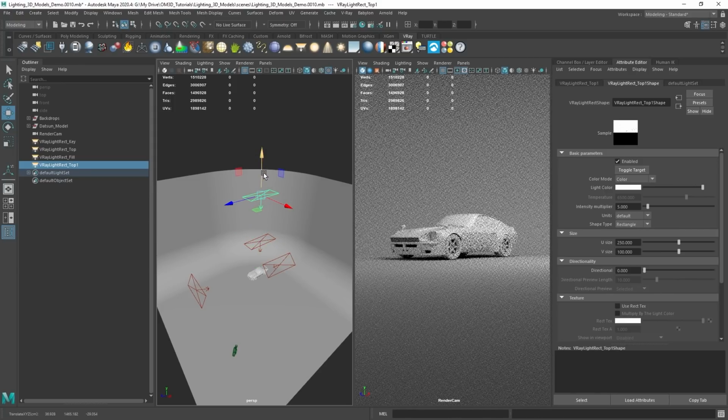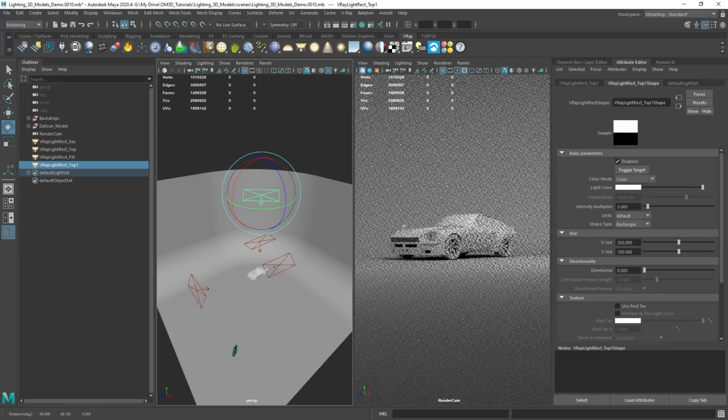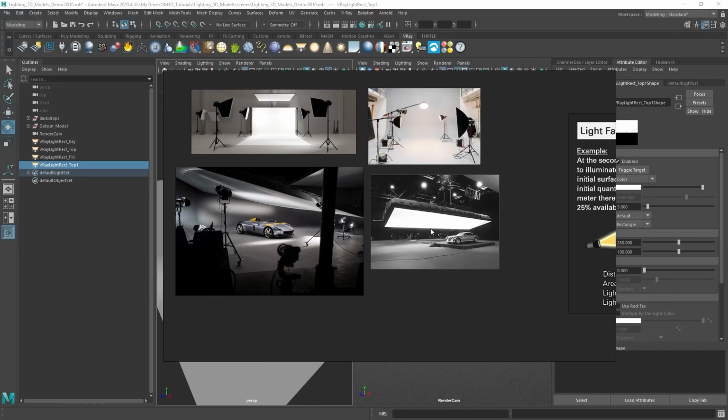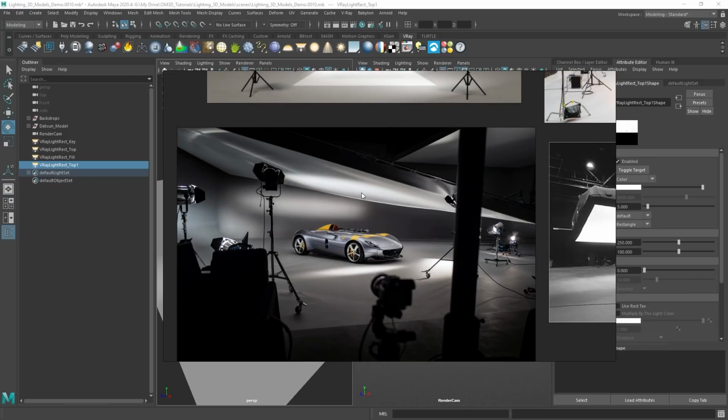I will move this and aim this at the background, right? This is what you see a lot in photography, where you're using, in addition to these light sources, kind of these bounce cards, and it's just going to give you a very, very nice soft light effect, and it helps make the vehicle or your model pop off the background,